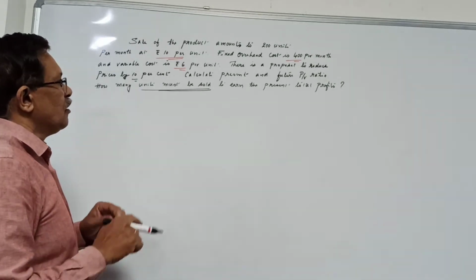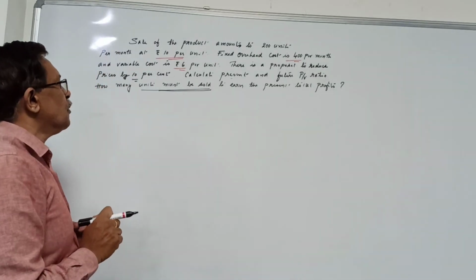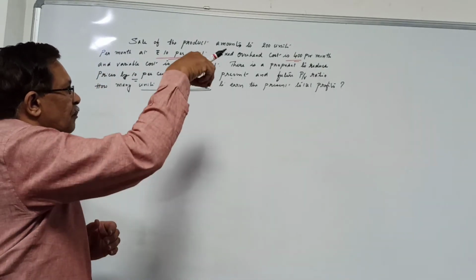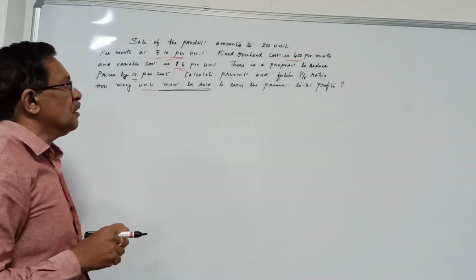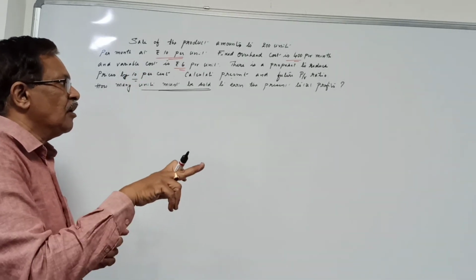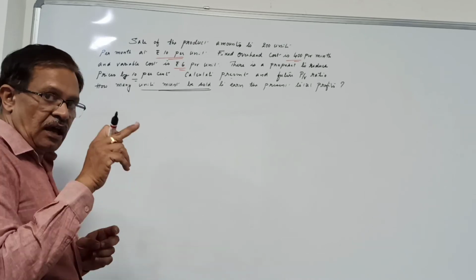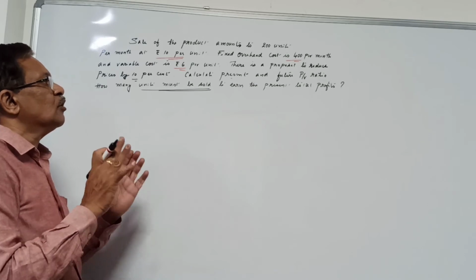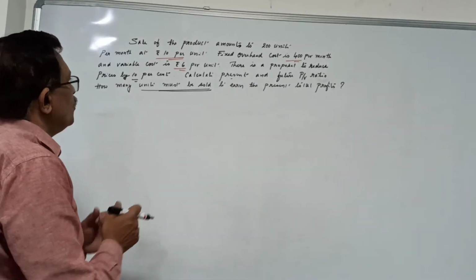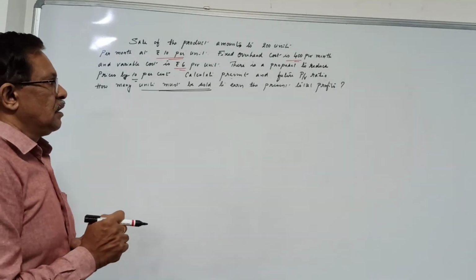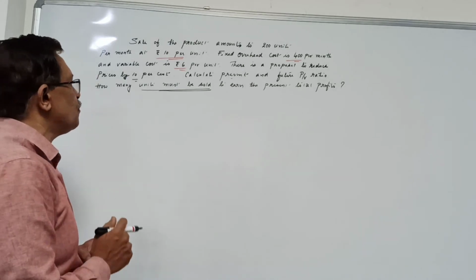Let me repeat. He wants us to find out the present and the future PV ratios. Apart from this, when the price is reduced by 10%, he wants to earn the same level of profit which he was earlier earning, and he wants to find out the volume of sales he needs to make. Now, let us go for the calculation of the present and the future PV ratios first.